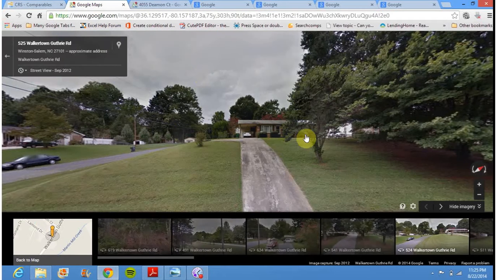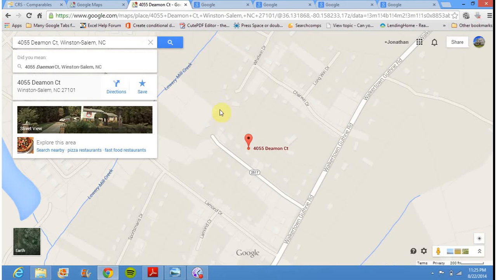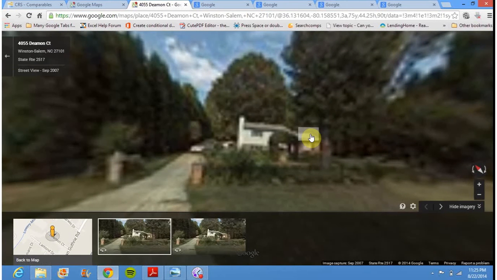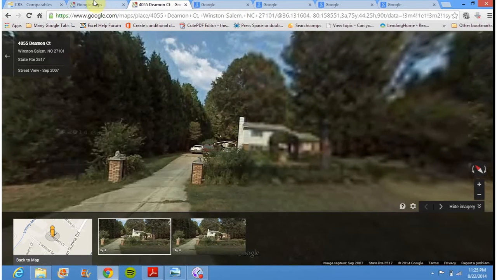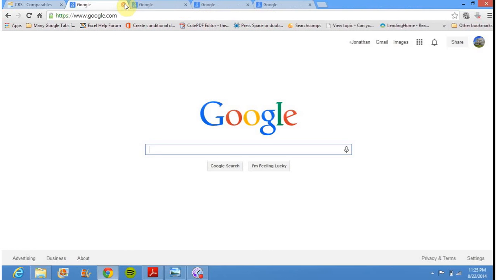So, but there again, I pulled up a front picture of this house. I want to pull up a front picture of this house. But there again, what I'm really trying to do is how can I do this quickly and easily without having to go through and open up all these tabs every single time. Okay, so I'm going to go ahead and just exit out both of these right now. Okay, and really, because I'm showing you how to do this for a permanent solution to be able to create